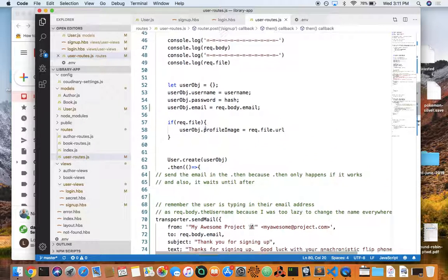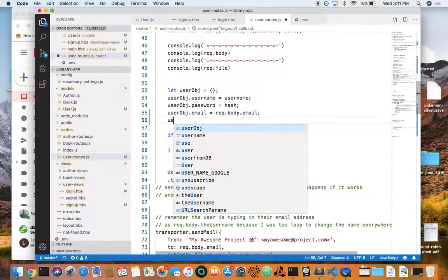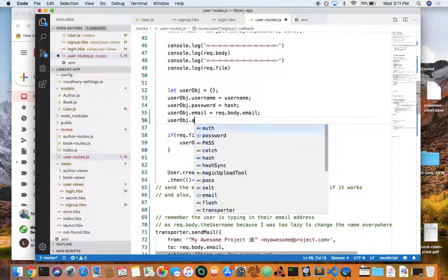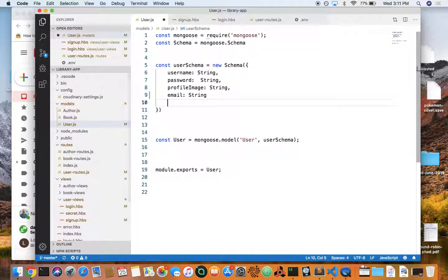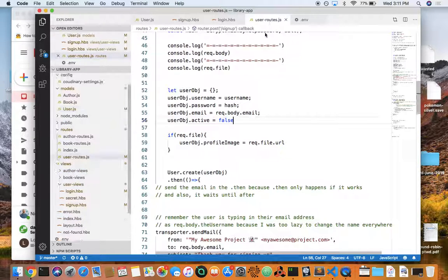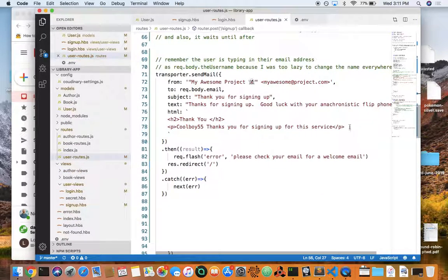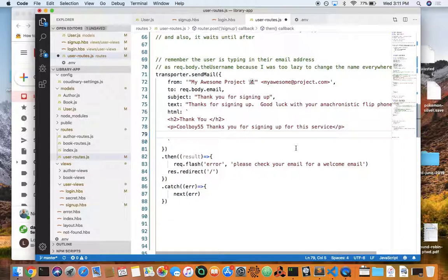You could create the user and say user obj.active equals false, okay? And then you could add that to here. Active, Boolean. And in your email, when you send them the email, you could send them this,